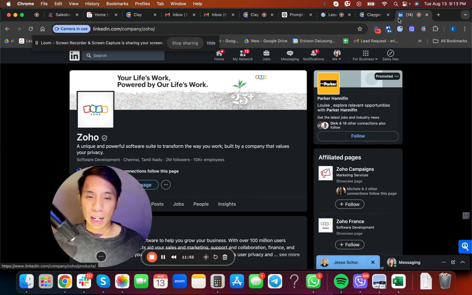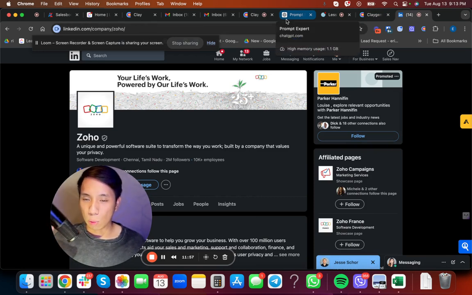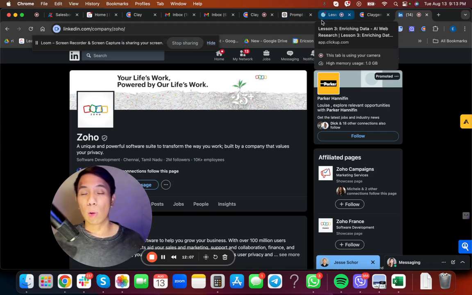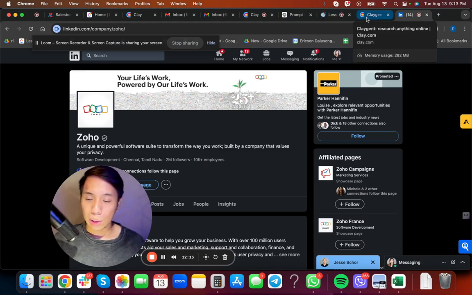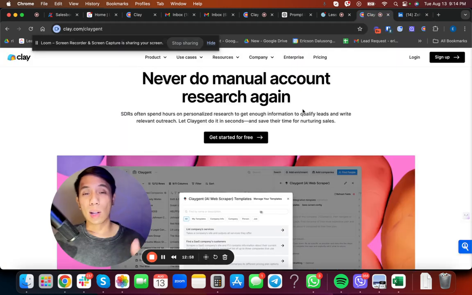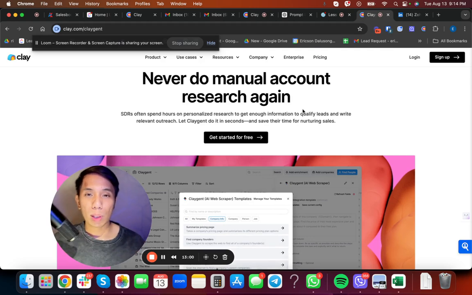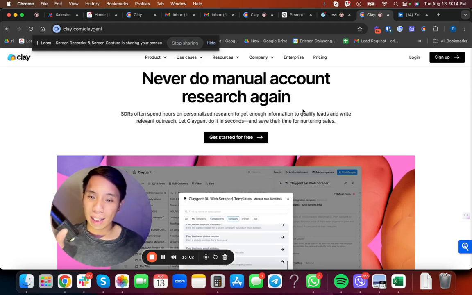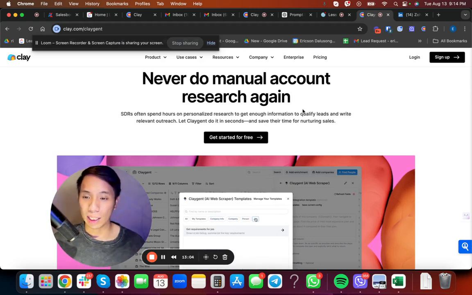So we were able to enrich the website URL as well as the company URL by only using the available data that we have. This is the power of Claygen, and there are a lot of things that you can do with it. You can search for any data. As long as the data is not behind paywalls or logins, you can get any data using Claygen.